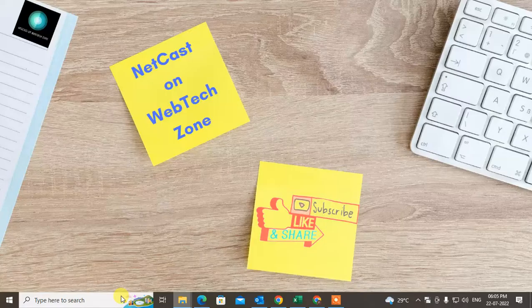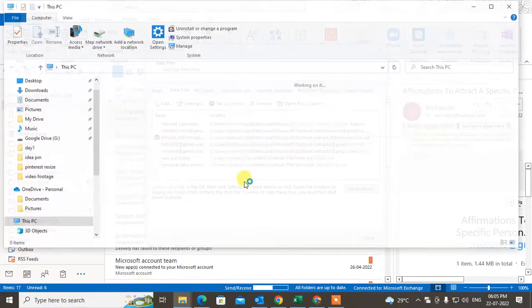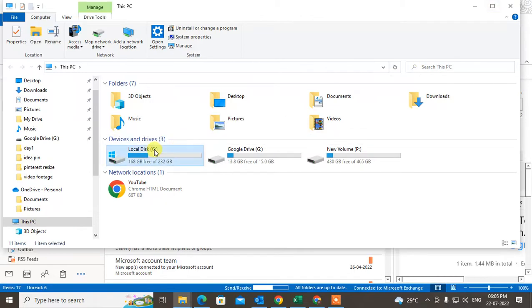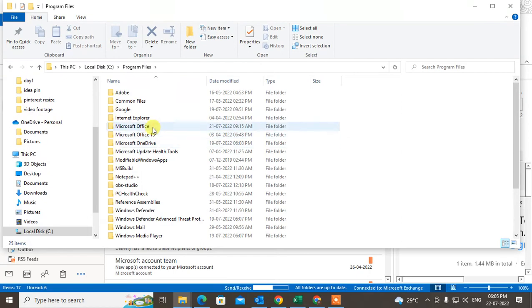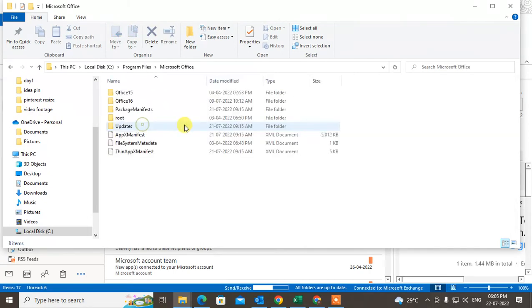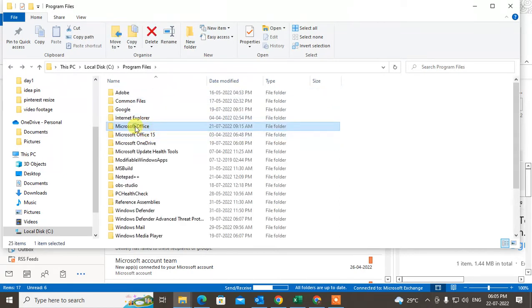Now come to My Computer or This PC, go to the C drive. Under the C drive you have to choose out of these two. In my case, I have my Microsoft Outlook in the Program Files (x86) folder. You can check with Program Files x86. I just go here, and here you can see I have Microsoft Office. Now here you have to select the Microsoft Office folder